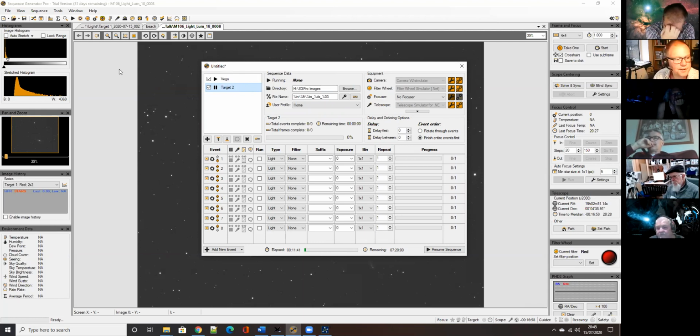So you could import your Vega sequence and add a new target at the top of it. Import your M57 sequence and add a new target at the top of it for Vega. Does that make sense? Yeah, I've tried using that little plus button to add something, but it instantly